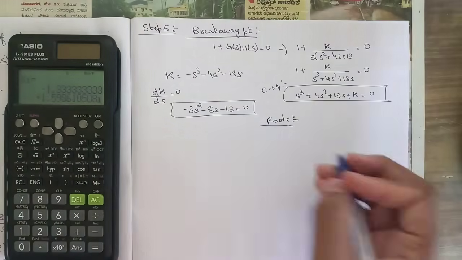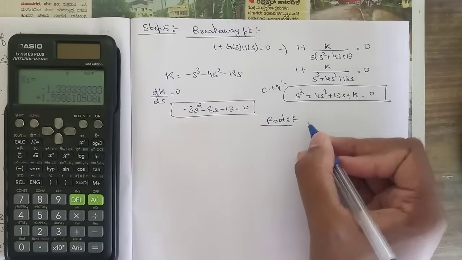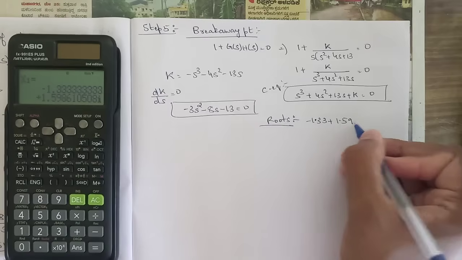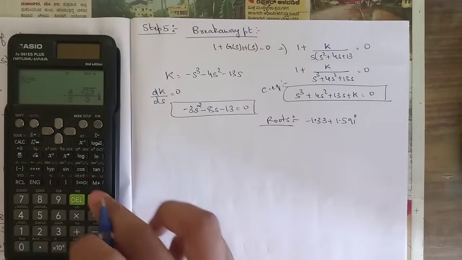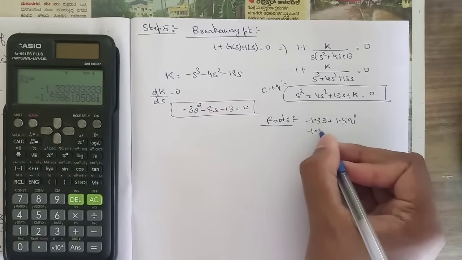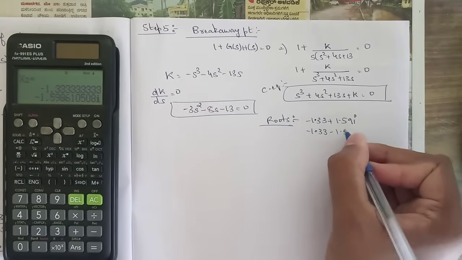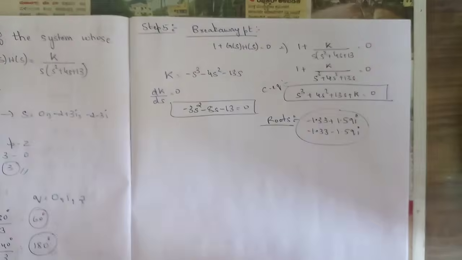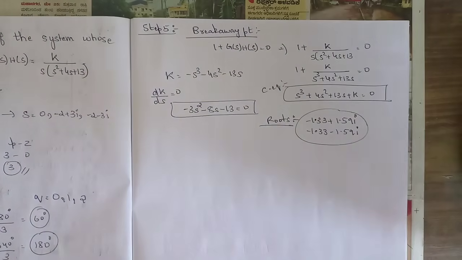So these are the two roots obtained here: minus 1.33 plus 1.59i, and the second root is minus 1.33 minus 1.59i. Okay, since both of the roots obtained are complex,